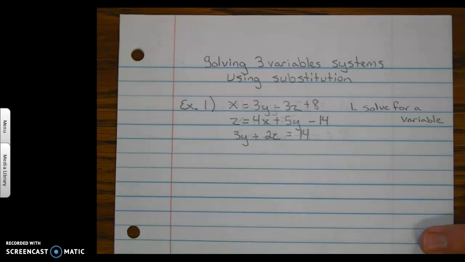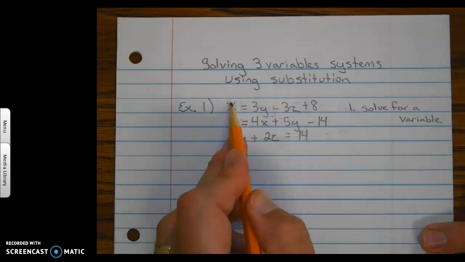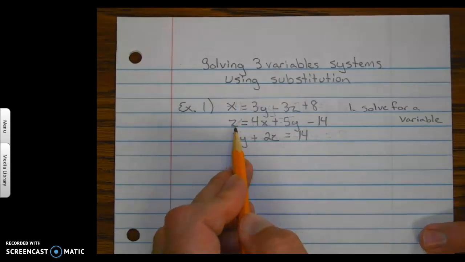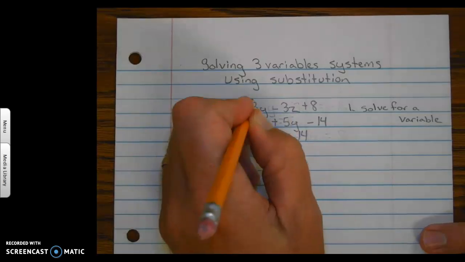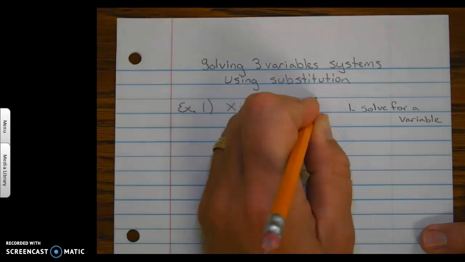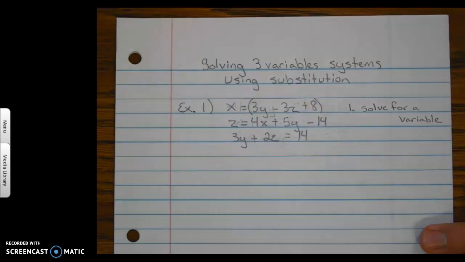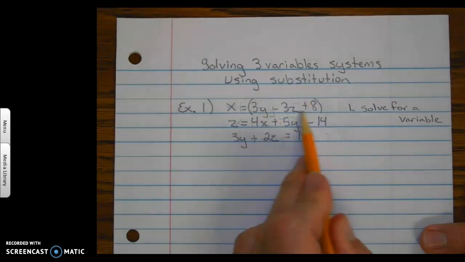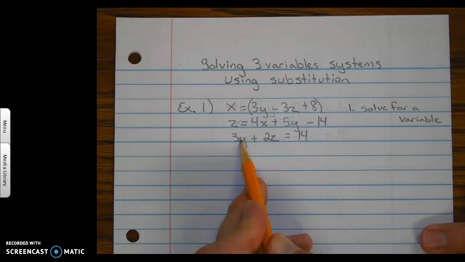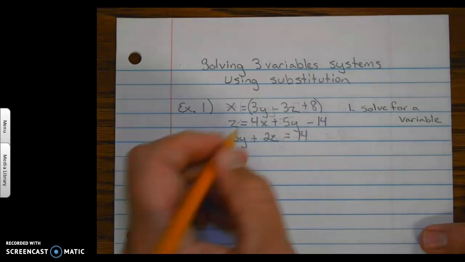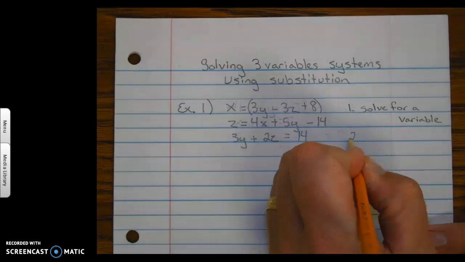Okay? Now, we have a couple of them already solved for a variable. So, I'm going to go ahead and just pick the first one here. Since this is solved for x, we're going to take this expression here and plug it in for x into this equation right here. Notice there's no x in this one. So let's do that. We solve for it, and then step 2,